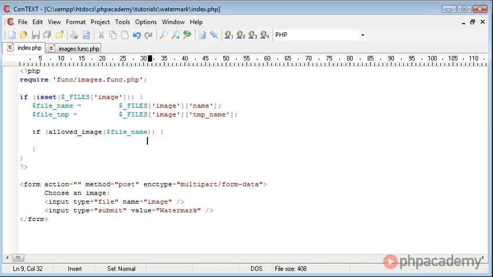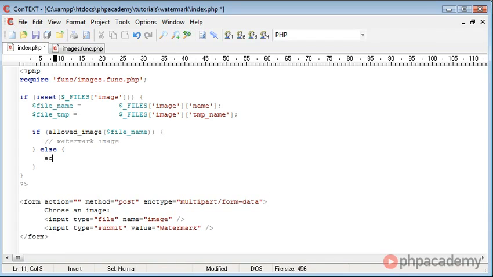So if the image is allowed, we can go ahead and watermark the image. So let's just put a comment in here for now, watermark image. And then what we want to do is echo out the image location, as you saw in the example a moment ago. Otherwise, I'm just going to say let's just echo,